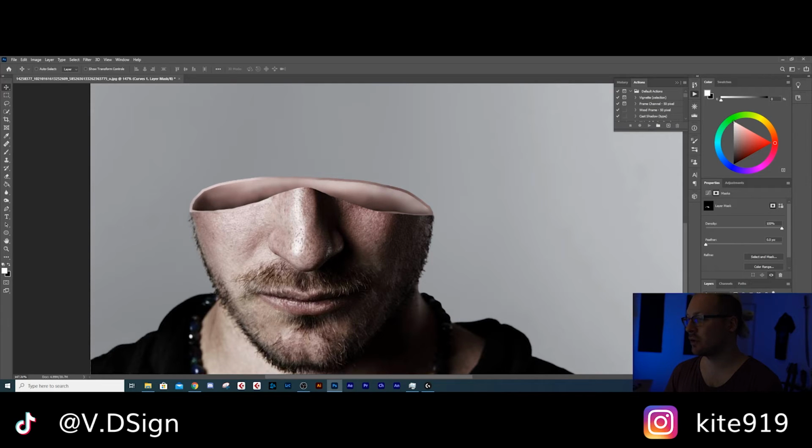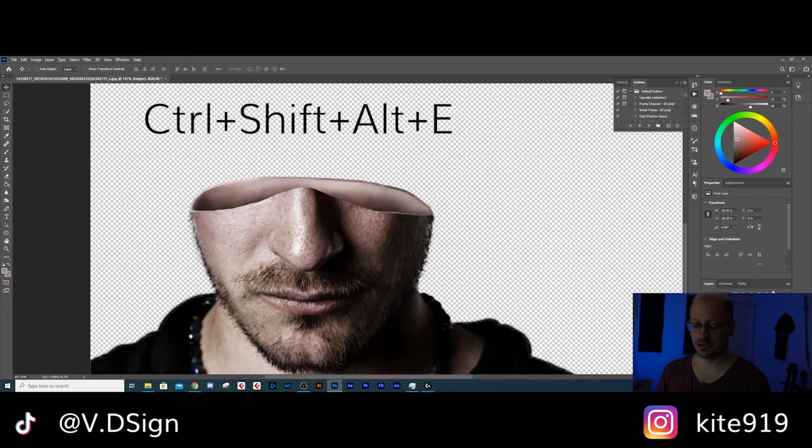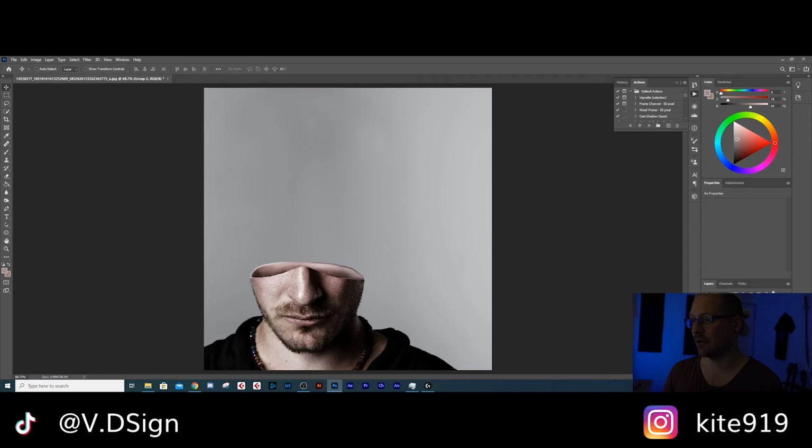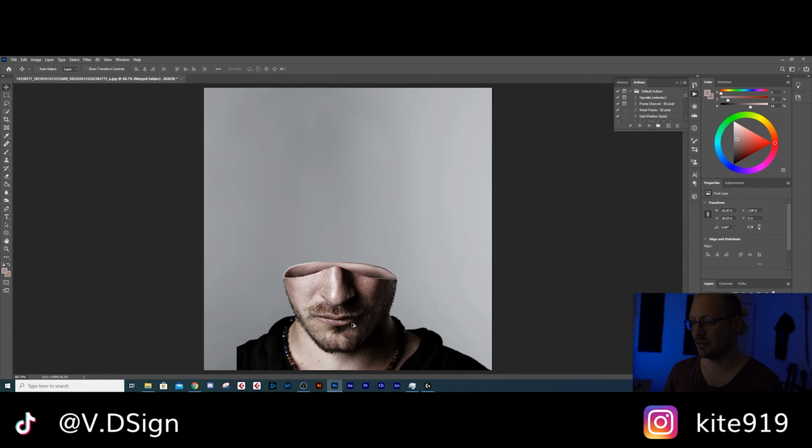Okay, now what we're going to do, we turn off the background for a second, and now we press Control, Shift, Alt, and E. So what this does is it makes a merged copy of everything that is visible and pastes it on the very top. Now you can theoretically put the rest that was part of your subject into a folder and just hide it. And now we have a layer that is actually this little man here. Now we put him into the center,